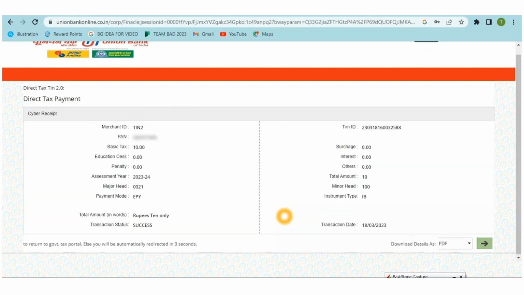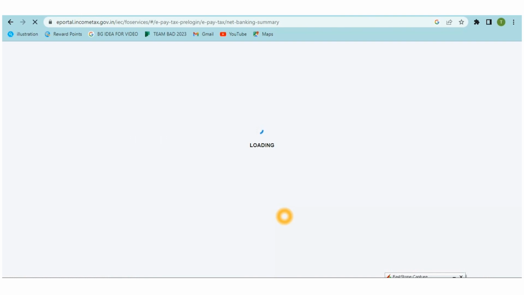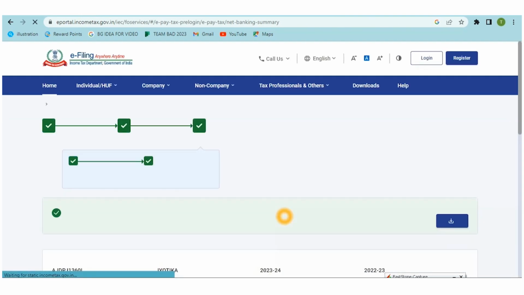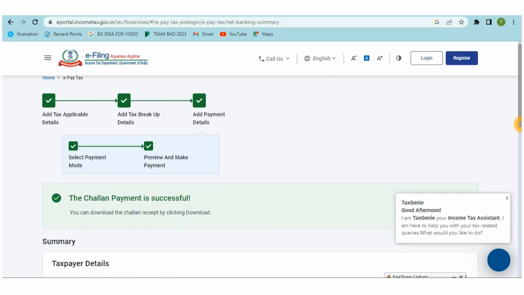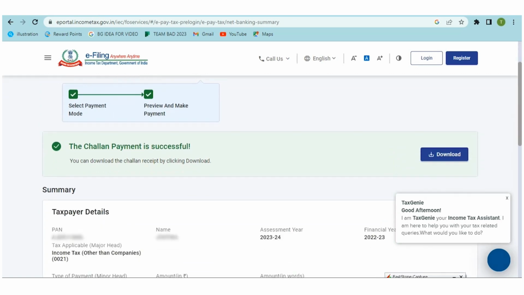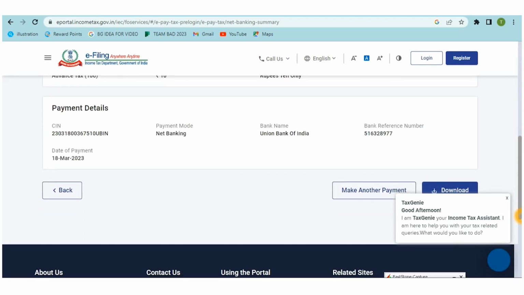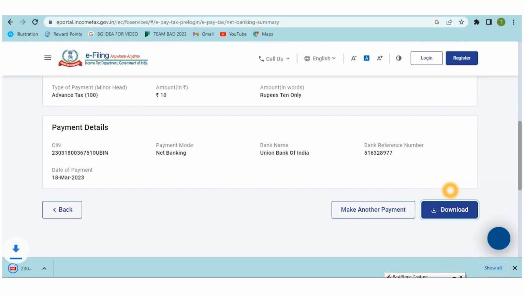After clicking on the submit button, another page will appear, or you can say a challan receipt will be generated. So you can download the challan by clicking on the download option. Click on download and the challan receipt will be downloaded.